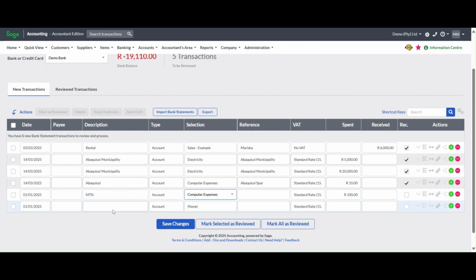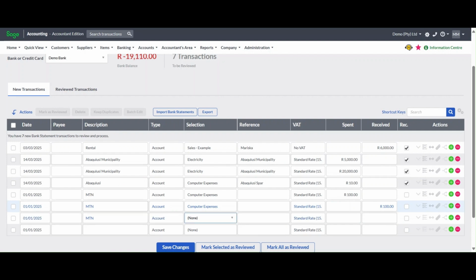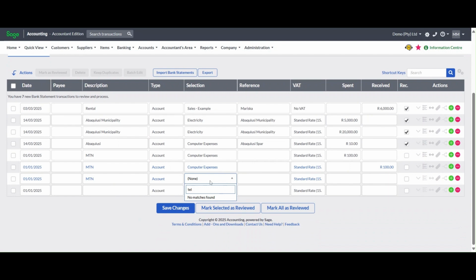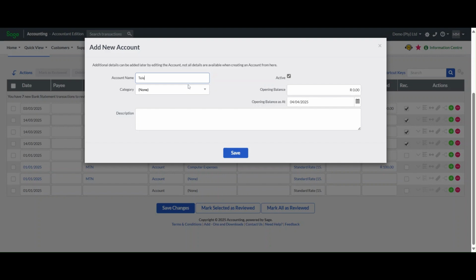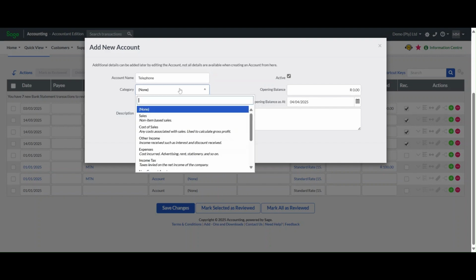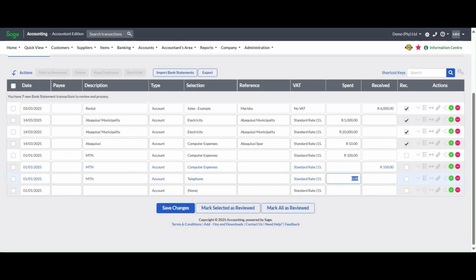All I have to do is enter the transaction exactly as I did previously. But instead of spend, I say receive. And then I can just enter the transaction correctly now as I wanted to initially. This is our demo Pastel, so it does not have all the accounts set up yet. So I'm just going to create a telephone account and then I will enter 100.